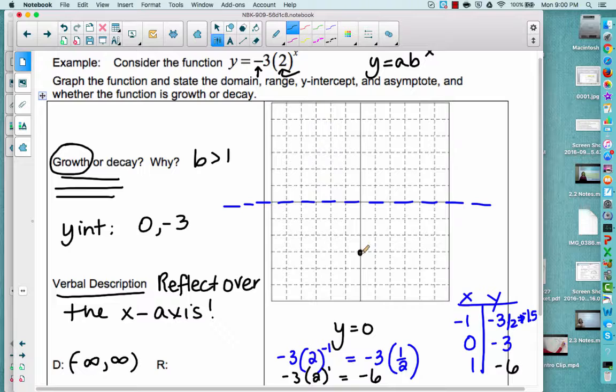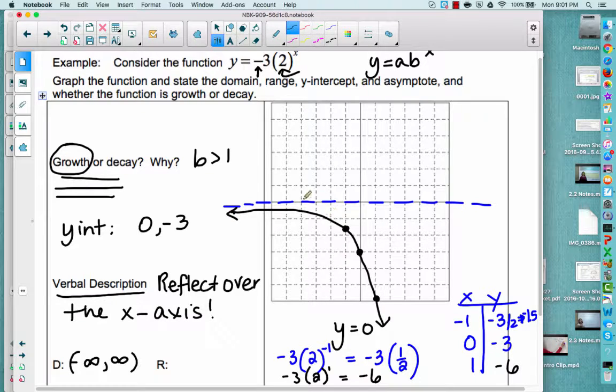0, -3, so down here. -1, -1.5. And let's see, x is 1, y is -6. So 1, 2, 3, 4, 5, 6. All right, so now, as you can see, what I'm doing is I'm going to be growing, but I'm starting on the left and I'm going like this